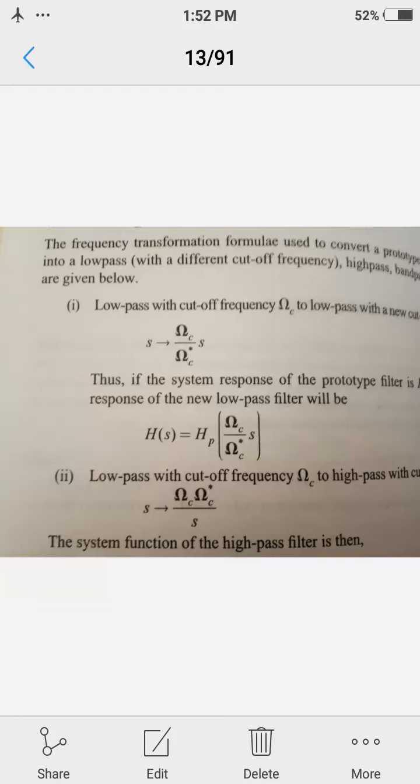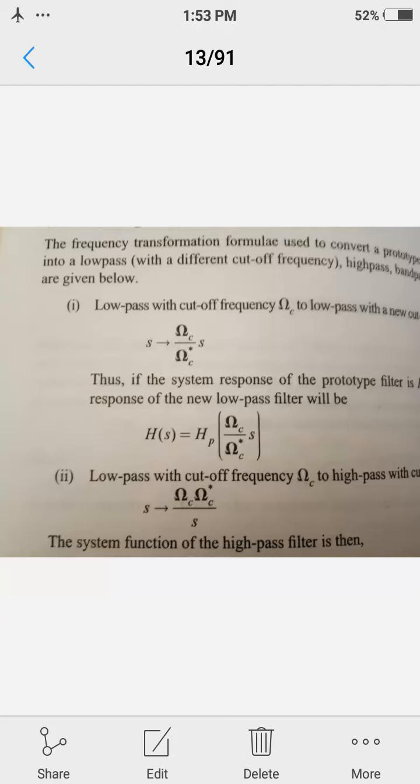This low pass filter can be considered as the prototype filter, and its system function can be obtained. We have always determined the system function of every low pass filter. If a high pass or band stop filter is to be designed, then it becomes easy to obtain by using the frequency transformation. It means we can design any type of filter from the low pass filter, because we have considered the low pass filter as a prototype.